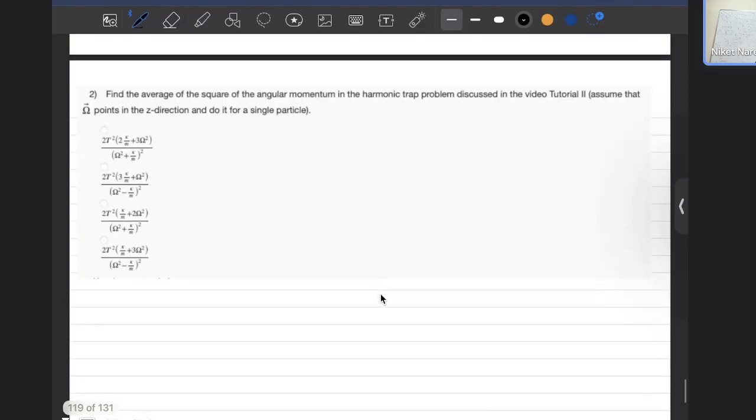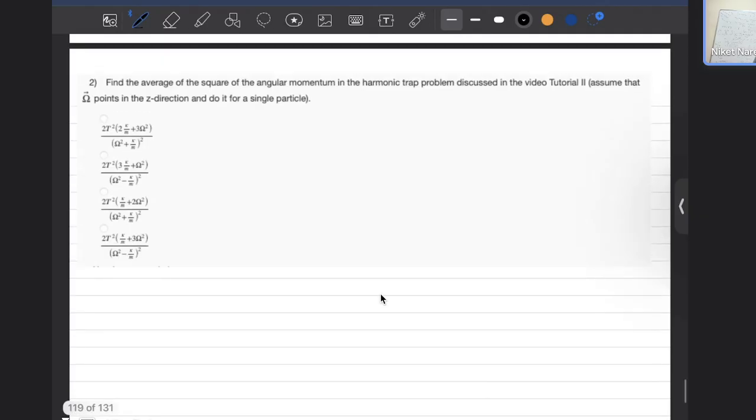Okay, here it is. So here the question is: find the average of the square of the angular momentum in the harmonic trap problem discussed in video tutorial 2. Assume that omega points in the z direction, and do it for a single particle. Okay, we're doing it for a single particle first. The average of the square of the angular momentum. Okay, so firstly,